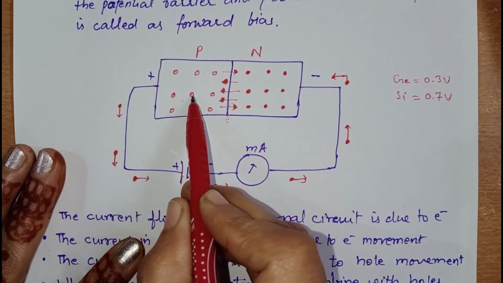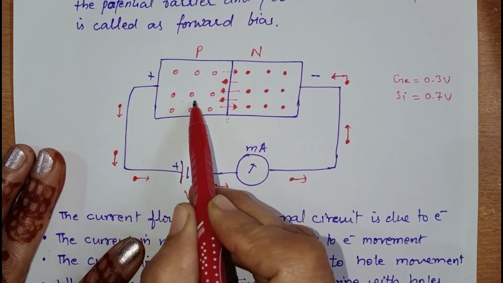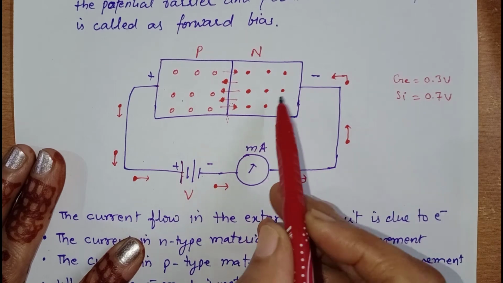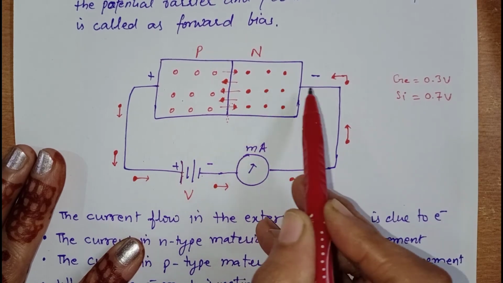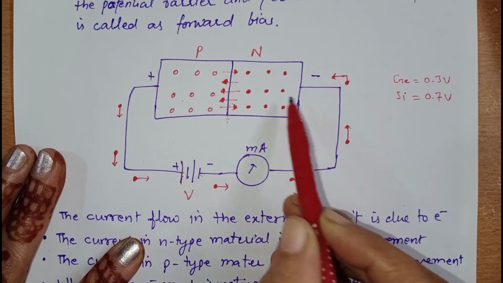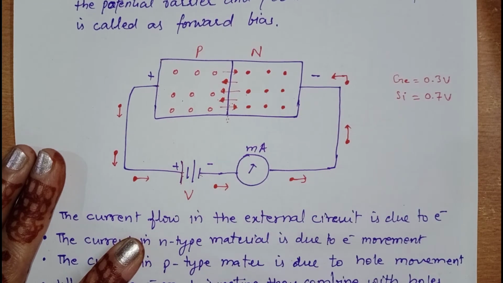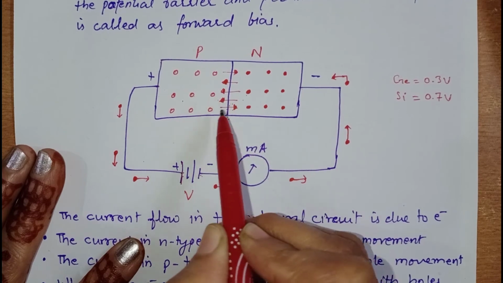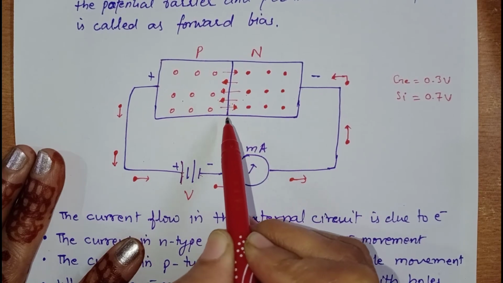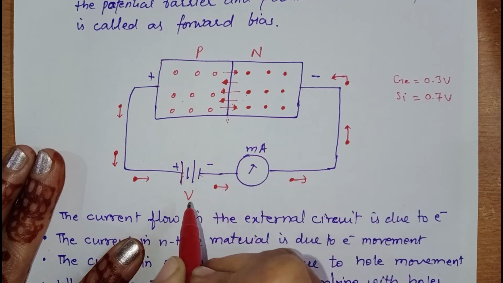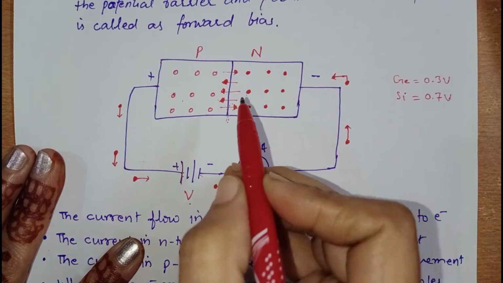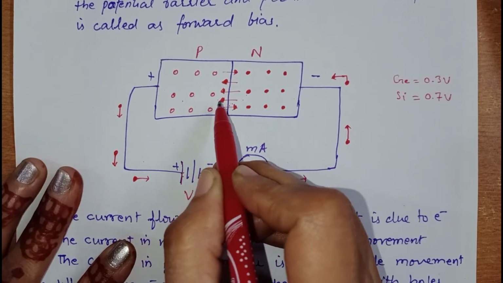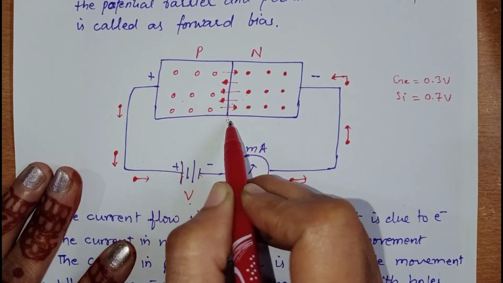As holes have positive charges, they are repelled towards the junction by the positive terminal of the battery. In the same way, electrons have negative charges, so they are repelled by the negative terminal of the battery towards the junction. When electrons and holes cross the junction, this crossing takes place only when the potential barrier is overcome by the applied voltage. So when electrons and holes cross the junction, a recombination of hole and electron takes place